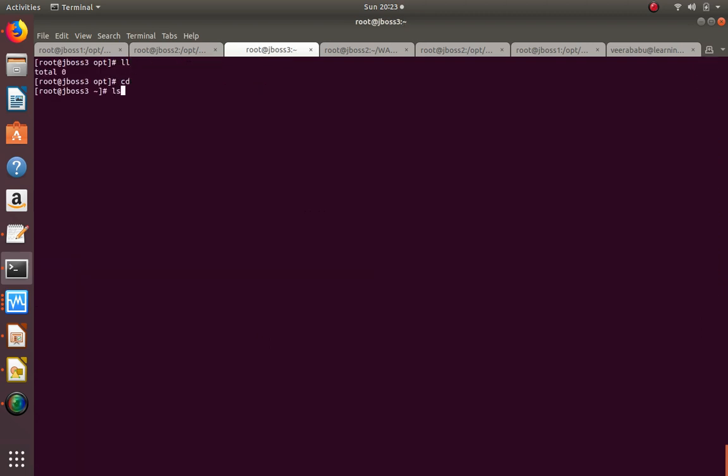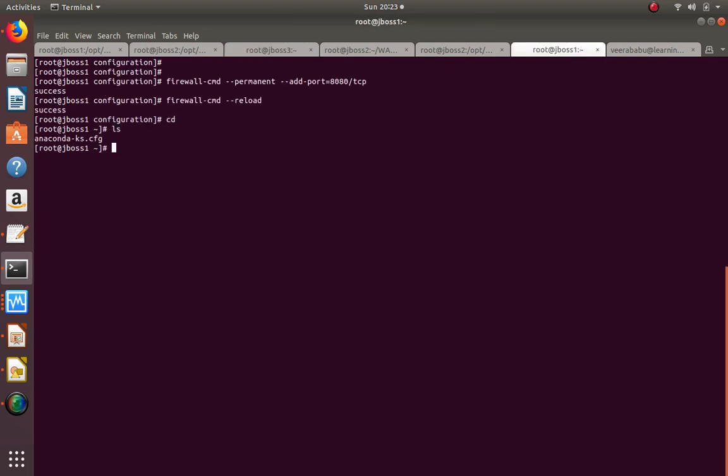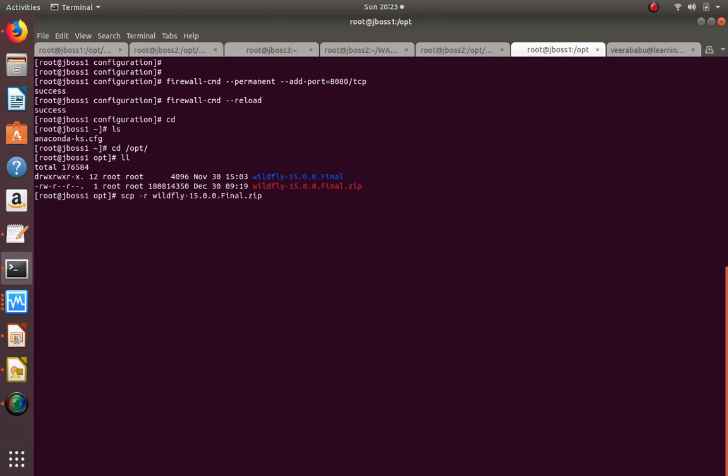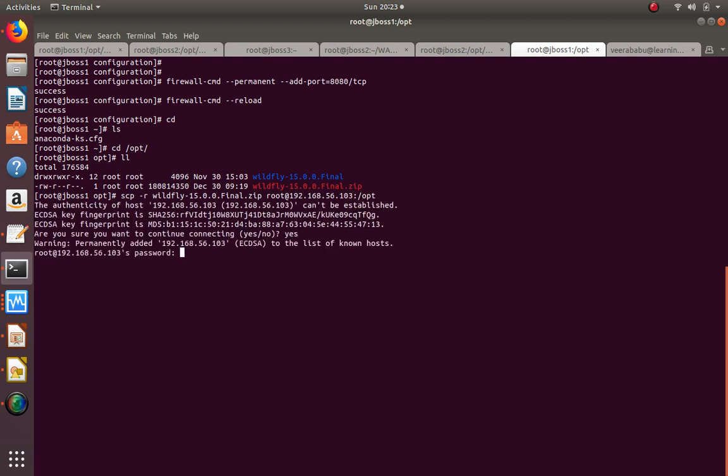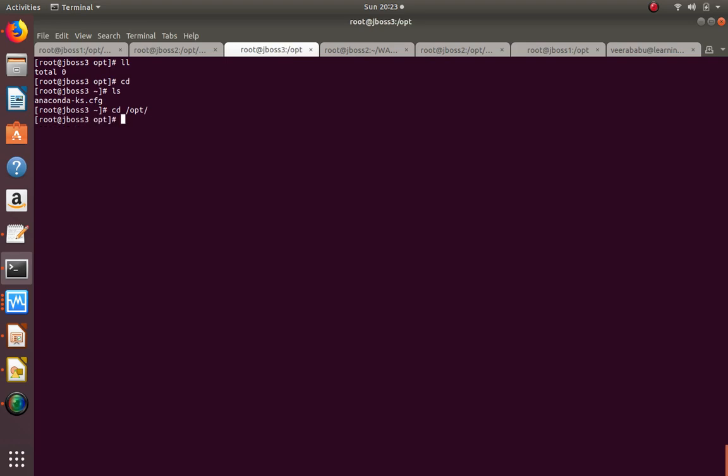So here I think I don't have anything. Let me quickly copy one war file on this. This is WildFly. I'm going to copy this to the 192.168.56.103 server. Okay, that's cool. Once this is done, again we're going to start this and connect with the CLI, and if we do the two other changes, that's it, there is nothing more. So I'm just trying to unzip this,